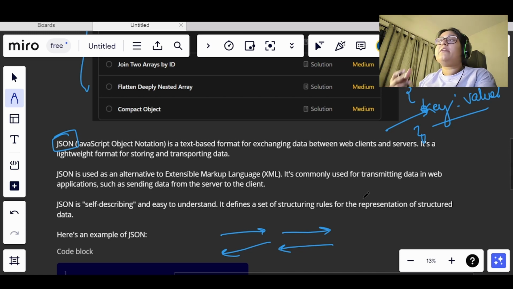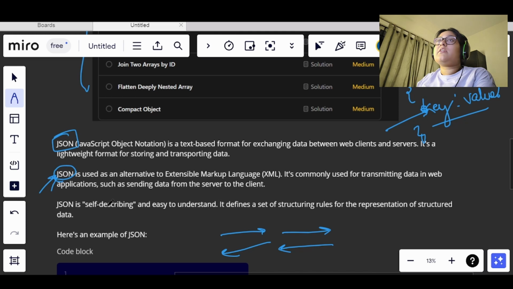Anyone with an idea of objects can move on to exchanging data using JSON. This is the basics of JSON. Before JSON, XML was used for exchanging data, but now it has been mostly replaced by JSON, and we will be using JSON only in the upcoming days.